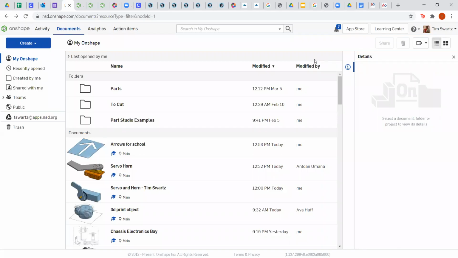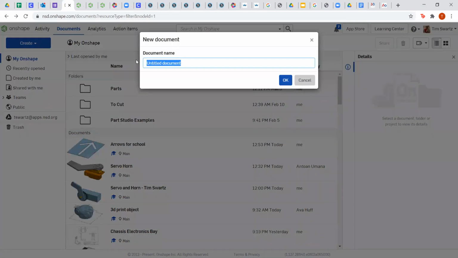All right, so today we're going to look at some workflows for having online assignments and then taking those assignments and bringing them into Rhino and cutting them on your laser cutter. So first off, we're going to come over here in Onshape and do create, and we're going to create a document. And we're going to name this document